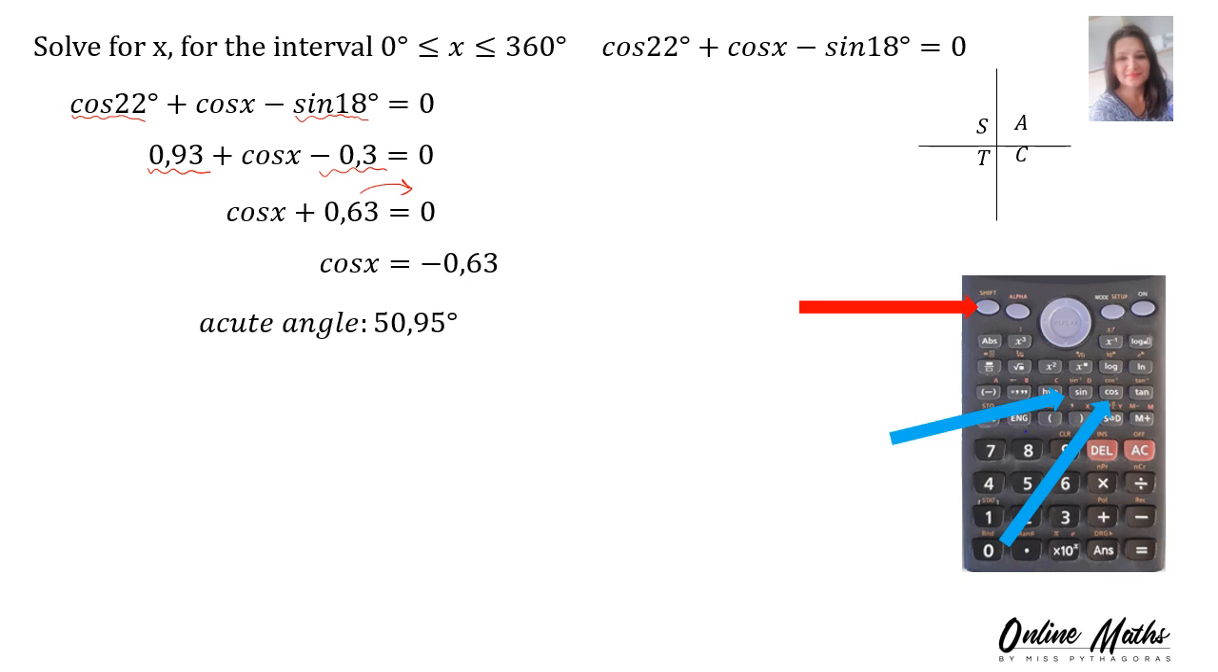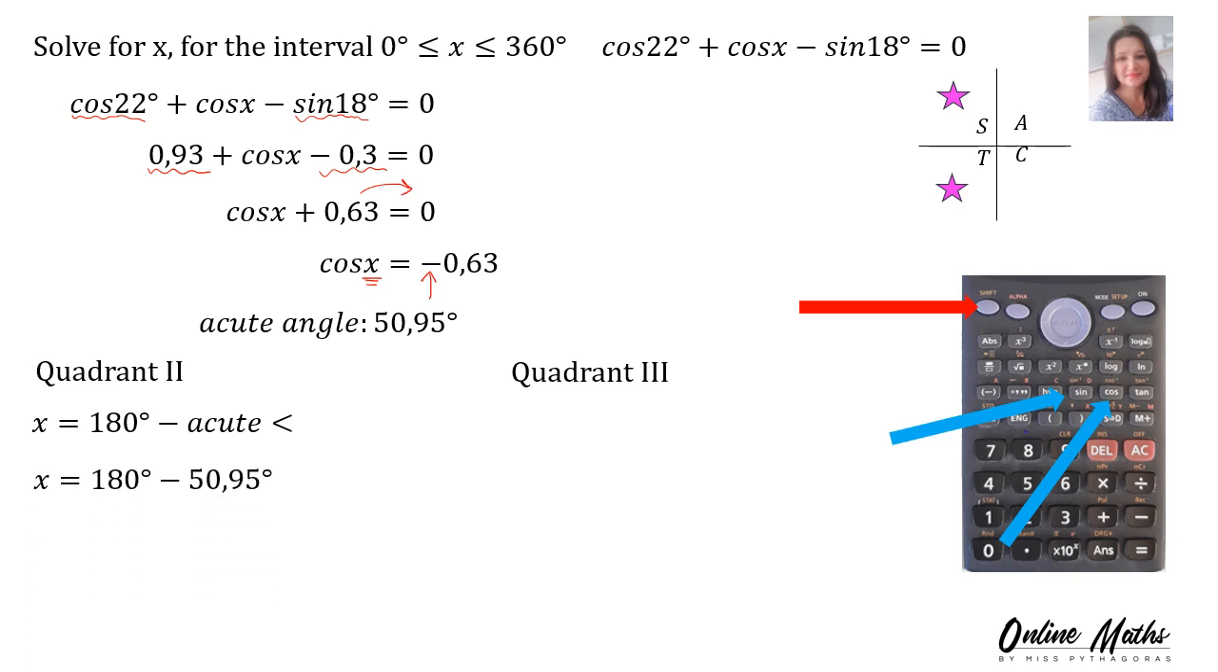Now you go back to the right hand side of your equation and you say, where is cos negative? Cos is negative in the second and the third quadrant. Quadrant 2, quadrant 3. On the left hand side, you write only x equals, and then the second quadrant's rule is 180 minus acute angle, which is x is 180 minus 50,95,